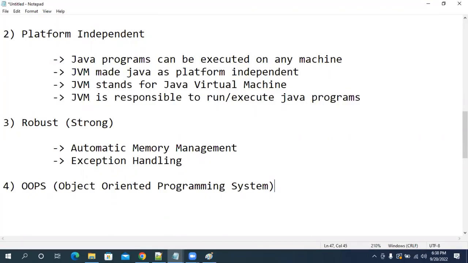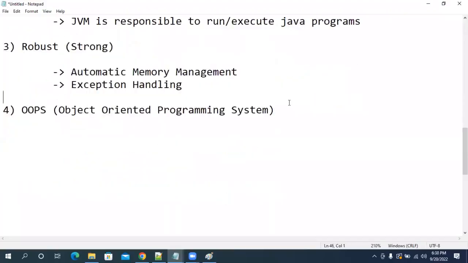After 2 or 3 weeks, once we are comfortable with the basics of Java, then we will enter into oops. As of now, I will give you just the definition: object-oriented programming system. Everything will be represented in objects format.